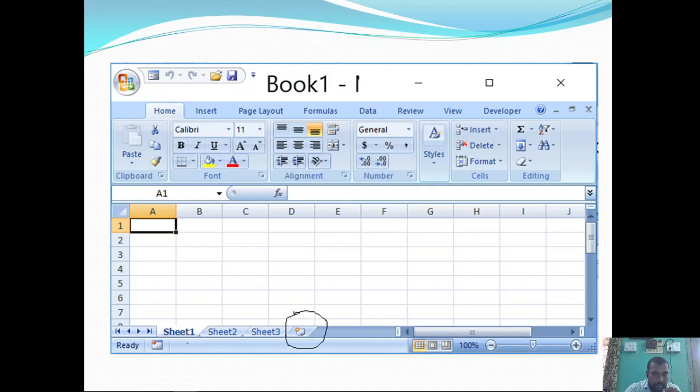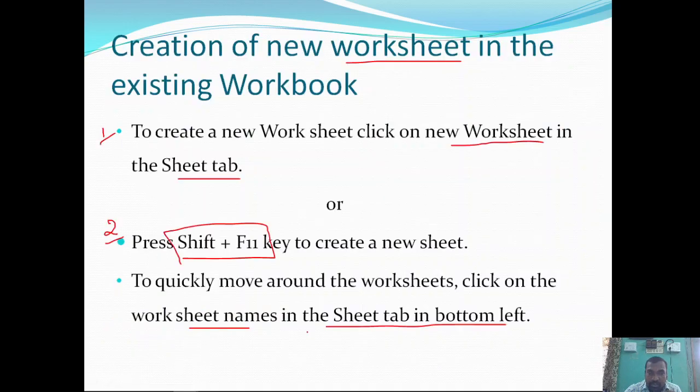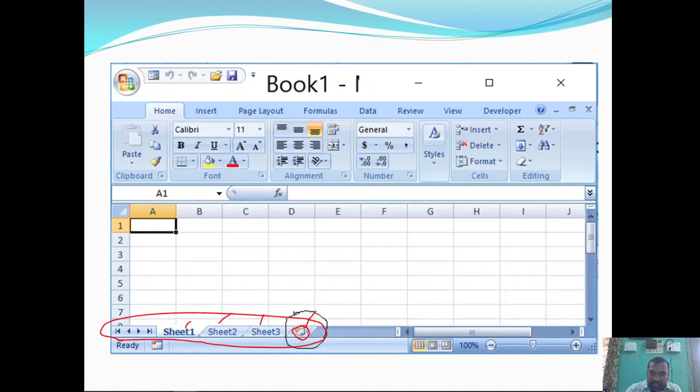Here in the diagram, this is the worksheet status bar. Sheet 1, sheet 2, sheet 3 are the already existing sheets, and this command we are using to create a new worksheet. You can click on this icon to create a new worksheet, or you can use shift plus F11 function key to create a new worksheet.